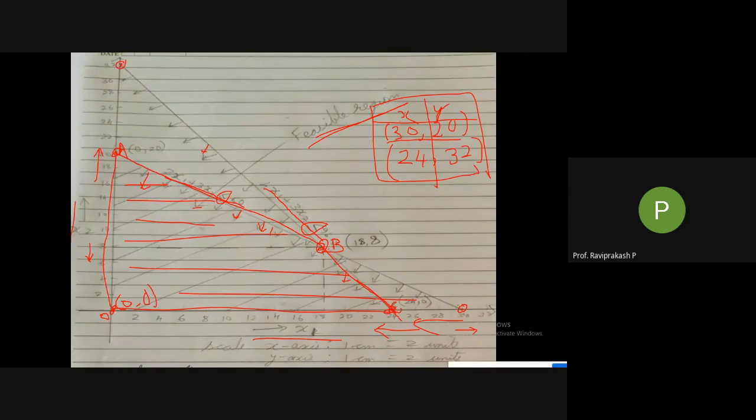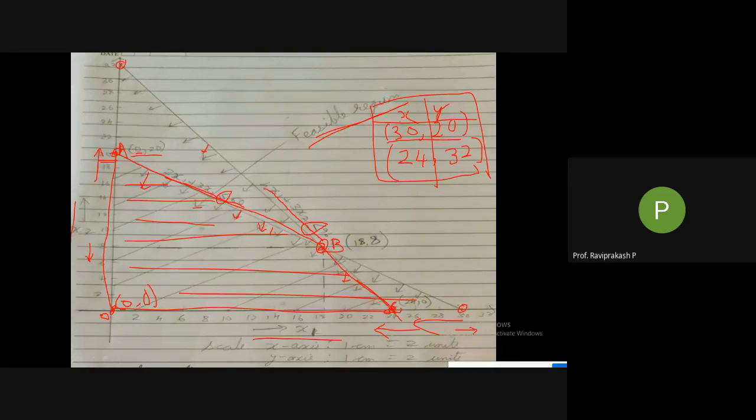These are called the coordinates of this particular point. So what is the coordinate here? Always, I told you, the x-axis value should be written first. If you see, on the x-axis I am not going anywhere, so the x value is 0, and on the y-axis I am going on top. How much am I going on top? Here it is 20. So it becomes 0, 20. This point is called 0, 20.